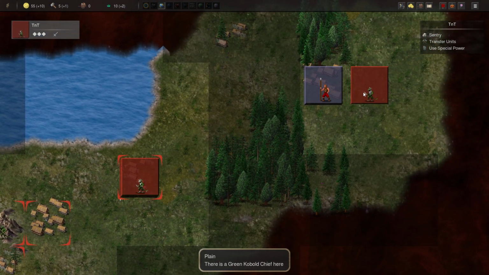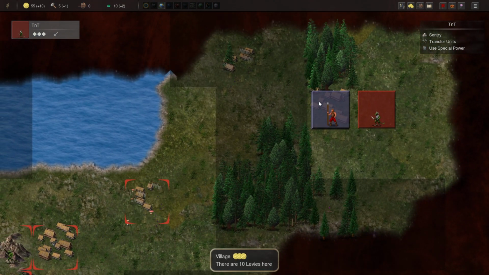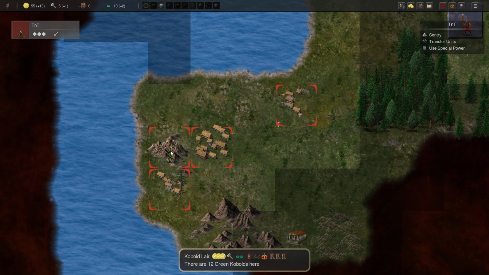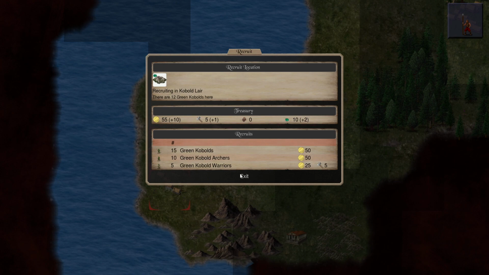And we have our other guy up here. There's more. Coastal Hamlet Village. We can make more gold. Anything to recruit? Anything interesting? Nope, nothing really there, right? But we do have 5 now. If I wanted to, I could get 5 Kobold Warriors, but